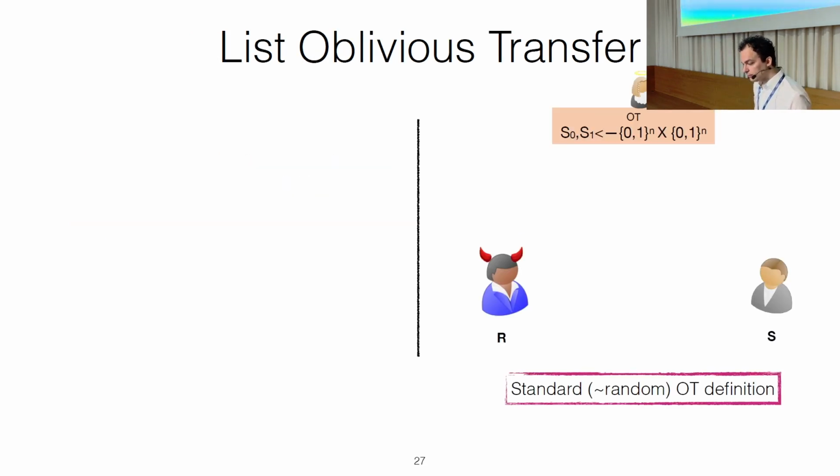And that's actually what we show. What we show is that you can generate any type of setup in 3 rounds, and you cannot do better than that. Okay? So as a reminder, the standard OT functionality, this is a bit of